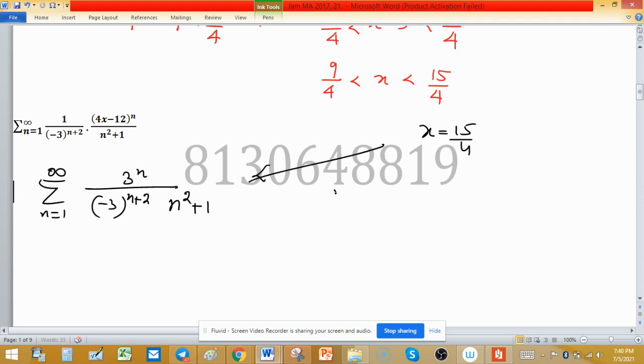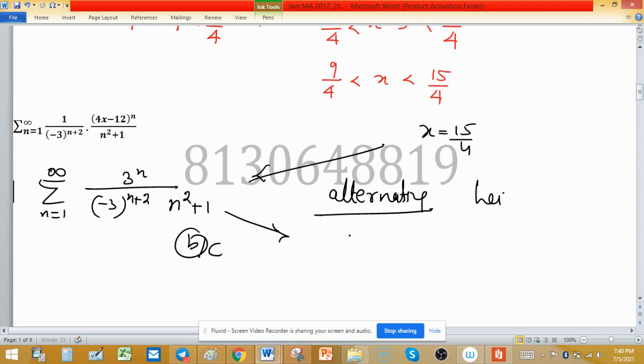So you can say this is an alternating series, and for an alternating series we can apply the Leibniz test, because if I consider this as the term a_n, after making it a positive term series, we can write this series as 3 raised to the power n minus 1 raised to the power n,